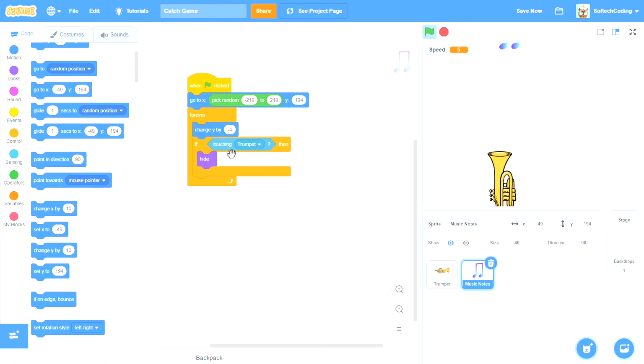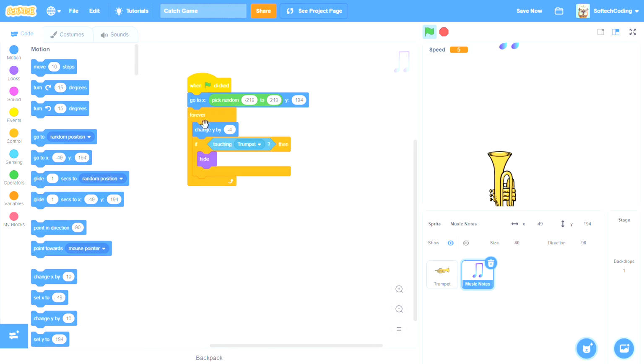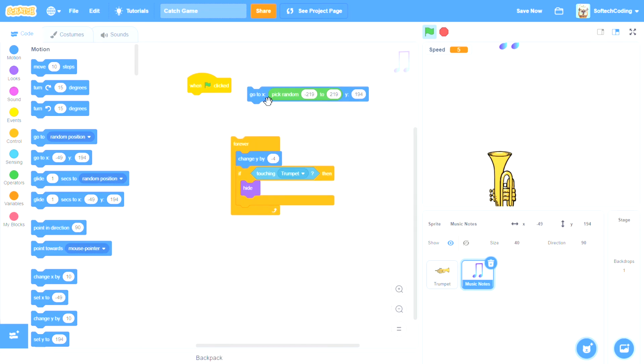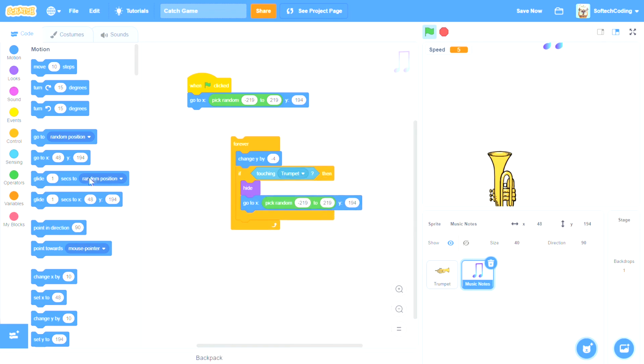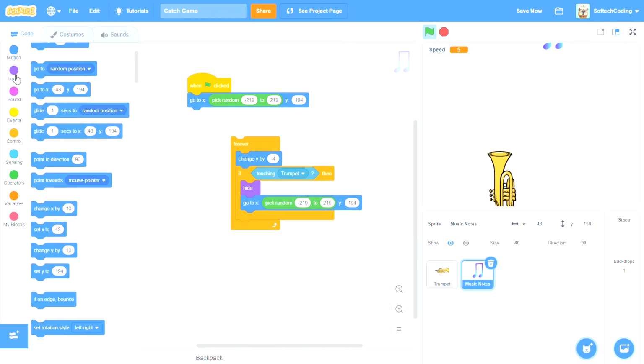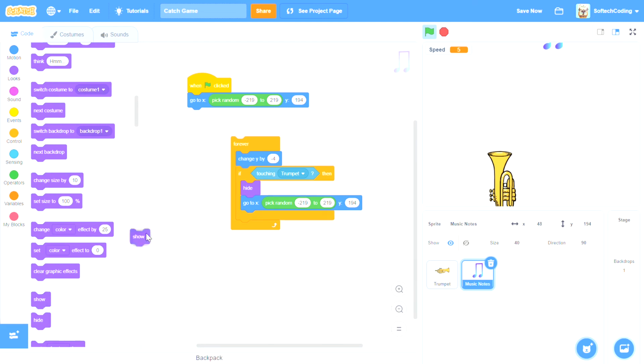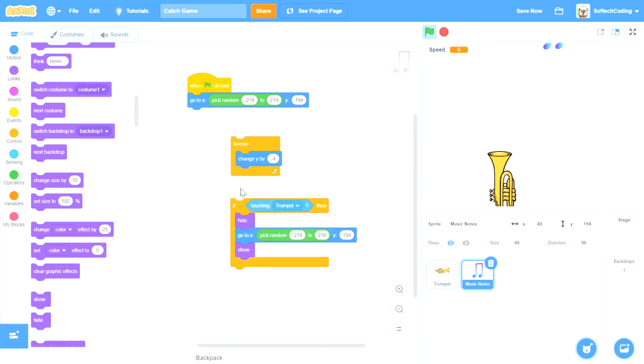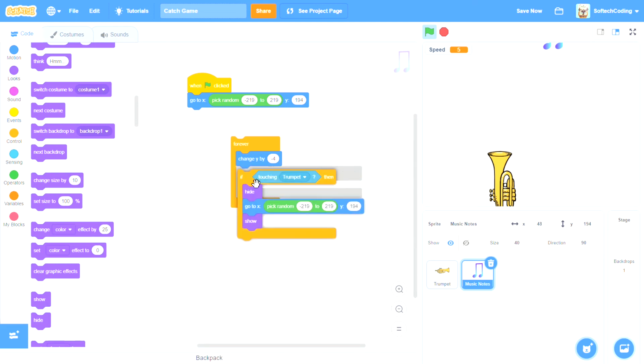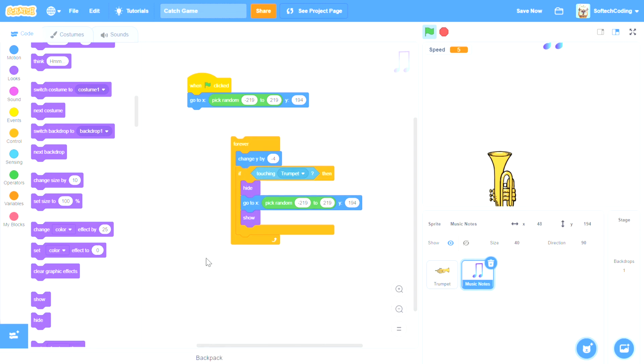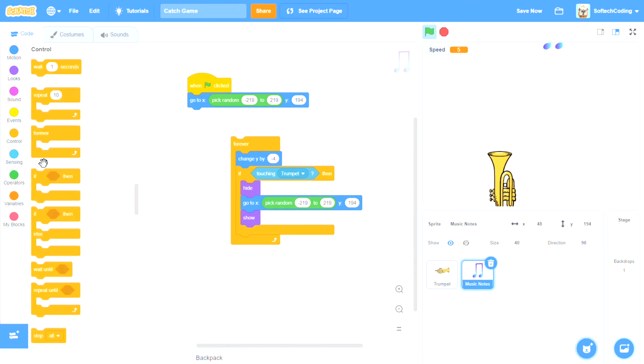So if we're touching the trumpet, then we just want to hide and go back to the top. So we're going to go back to the top, pick a new random spot, and we want to show after that. Go to looks, we want it to show after that, and keep on going down, because it's going to forever keep on going down anyway. So if we're touching the trumpet, then we're going to hide, go to the top and show, and we have to do another if,